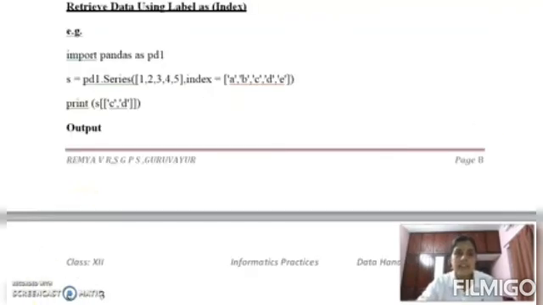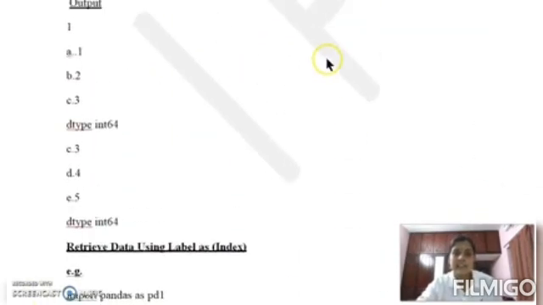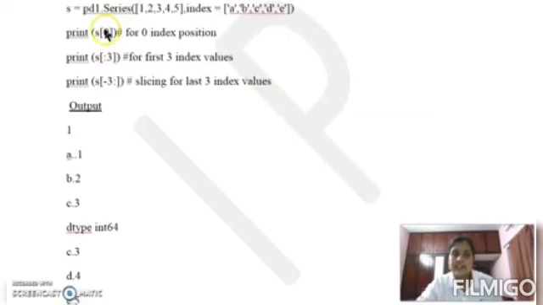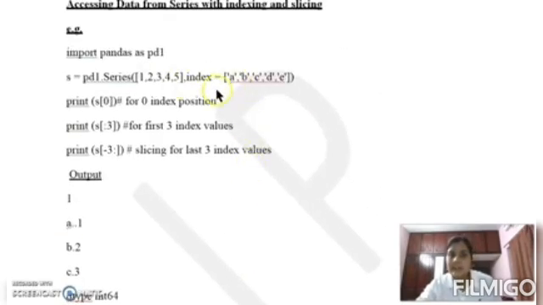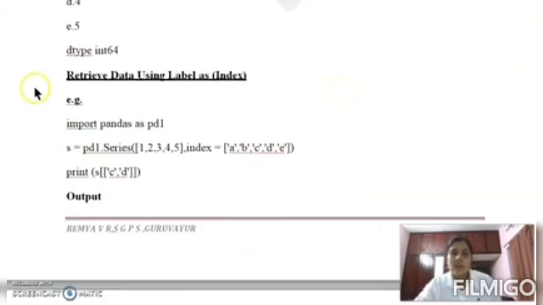In the previous example, we discussed index. By using this index, we access the data. But in this case, we have given an index A, B, C, D, E like that. According to the user's wish, we can give an index like A, B, C, D, E. So we can access either by using 0, 1, 2, 3 or by using A, B, C, D, E. So retrieve data using a label as index.